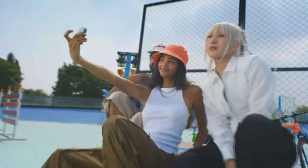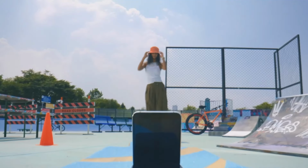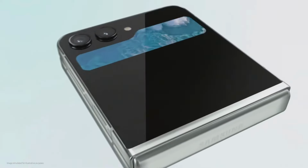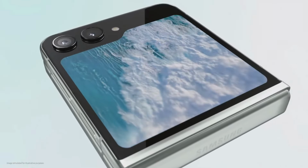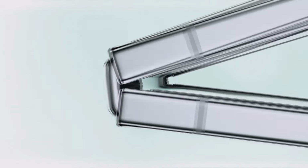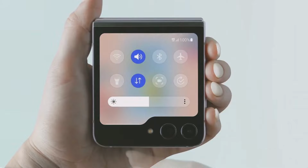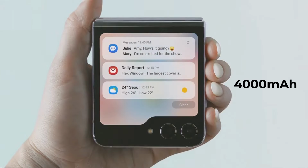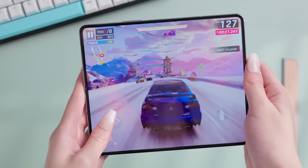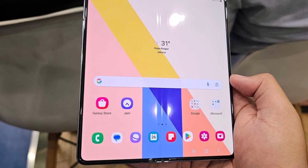Reports suggest that the Galaxy Z Flip 6 will boast an improved primary rear camera with a 50-megapixel sensor. Rumors indicate that the phone will retain a 3.4-inch OLED cover screen and a 6.7-inch internal foldable screen, while also sporting a slightly larger battery, likely around 4,000 mAh. Rumors suggest that both the Galaxy Z Flip 6 and the Galaxy Z Fold 6 will have foldable screens with